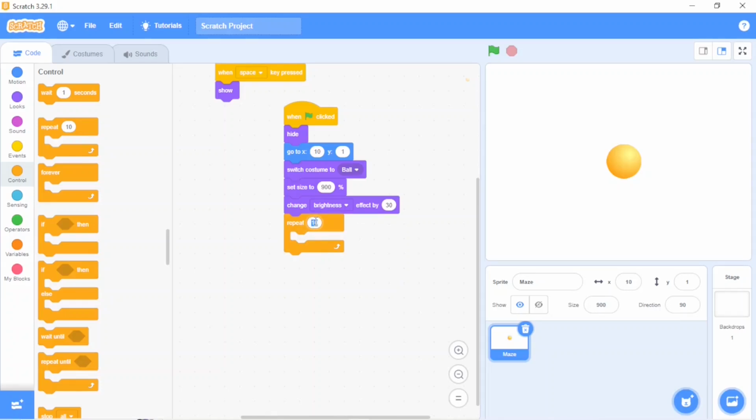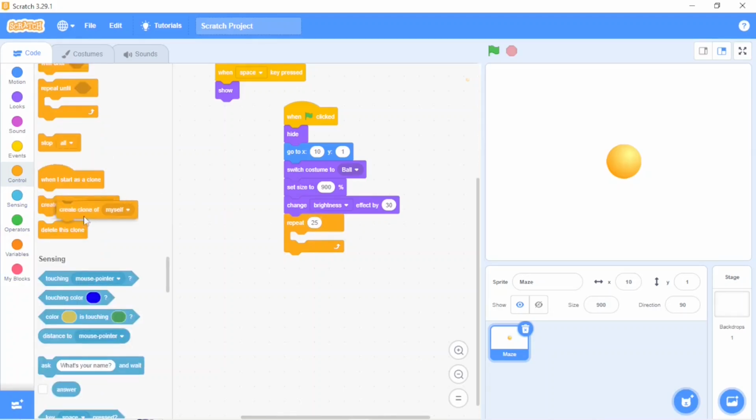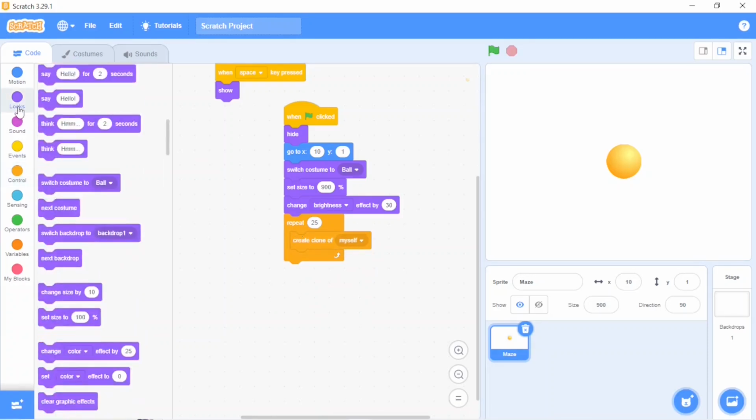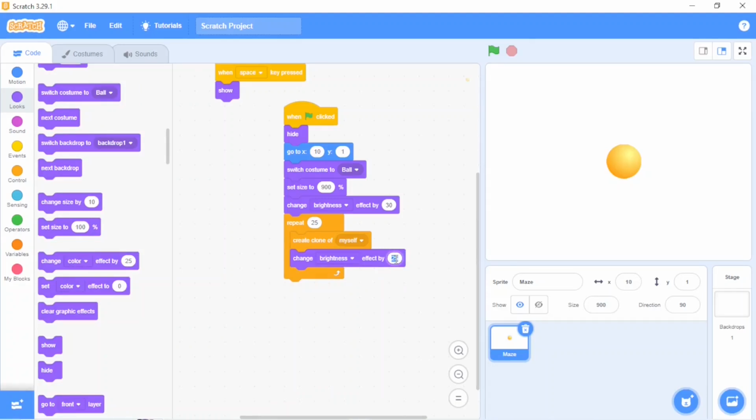These clones create the 3D effect of that particular sprite. So I will make the repeat 25 times, and then in control we'll take create clone of myself, and then also I'm going to change the brightness by -1.